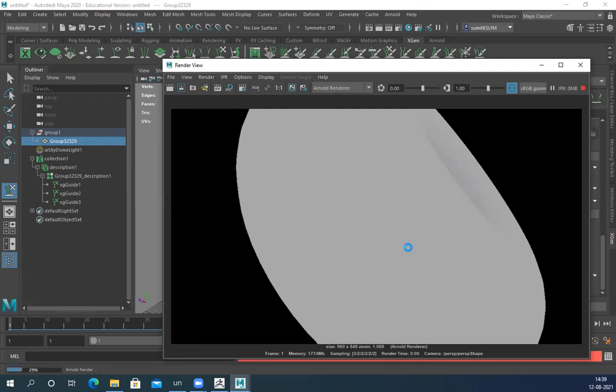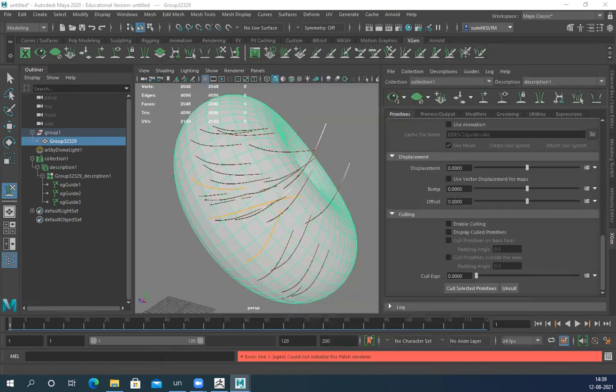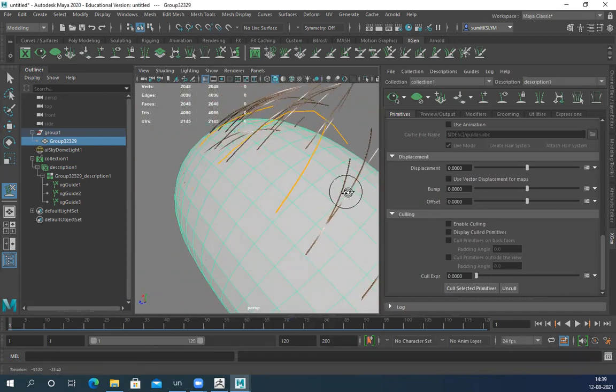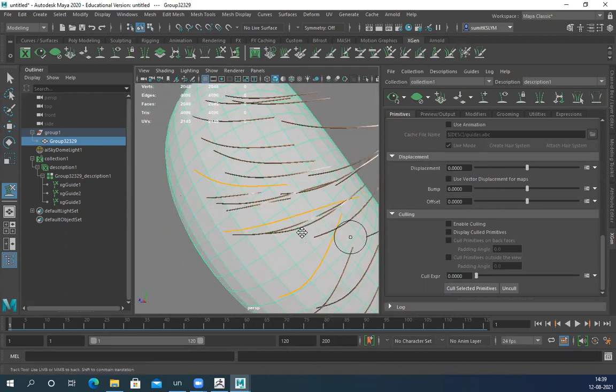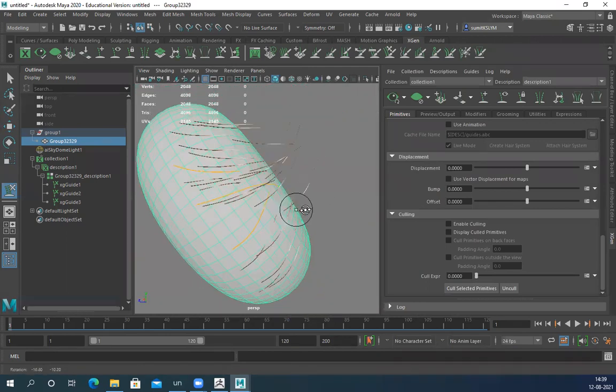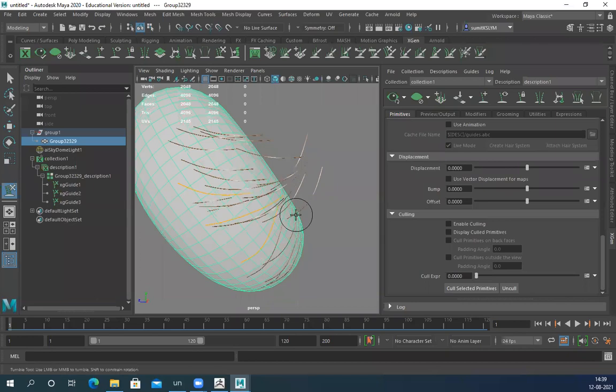Okay, I'll check this. There's no point wasting time. I'll check what is going wrong. I guess I missed some step or something. Not sure, but as far as I remember, I'm doing everything correctly. Because in the viewport I can see all the hair and everything, hair shader applied, everything is correct. But it's not visible.